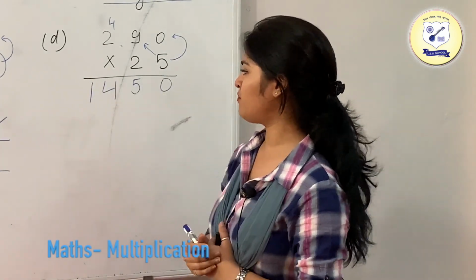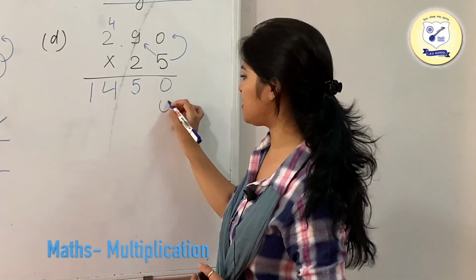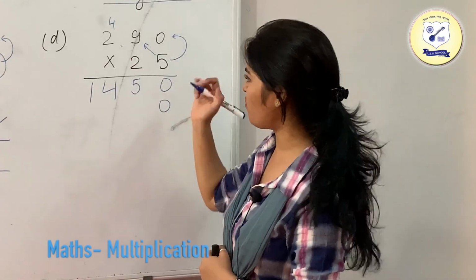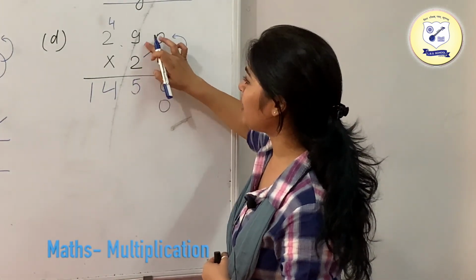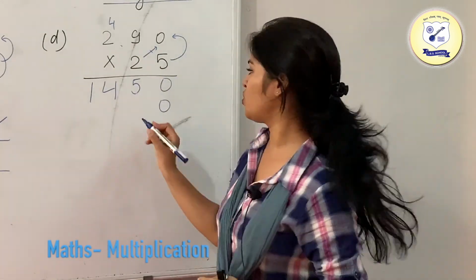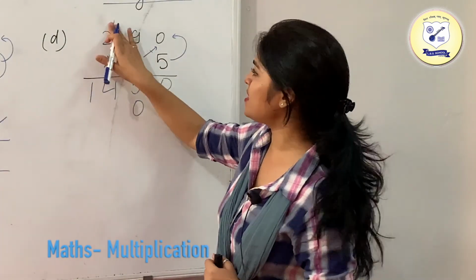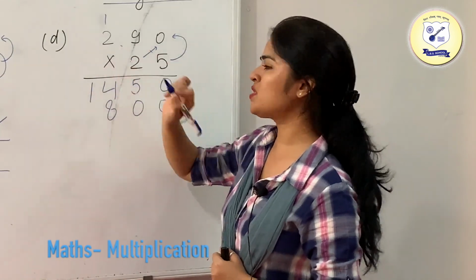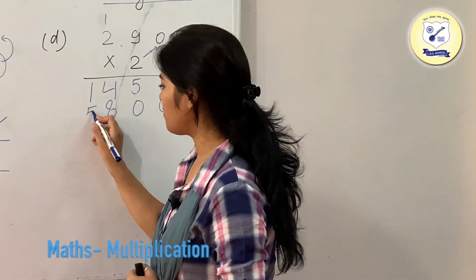So it is 14. Now before moving to the second digit number, just put a 0. Okay, so now I have kept a 0 over here. So now we'll start multiplying the numbers. Again, since you are multiplying 2 with 0, what you are going to get is 0. So write down 0. 2 9s are 18. Just write 1 as your carry and 8 in your answer. 2 2s are 4 plus 1, which was your carry. So 4 plus 1 is 5.